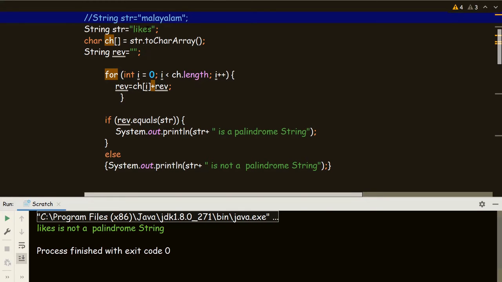And this is the reverse: ch of i. As we are converting the string to a character array, likes would be the characters. The first character, ch of 0, is L. Index starts from 0.